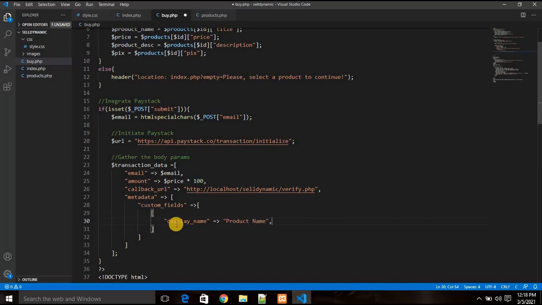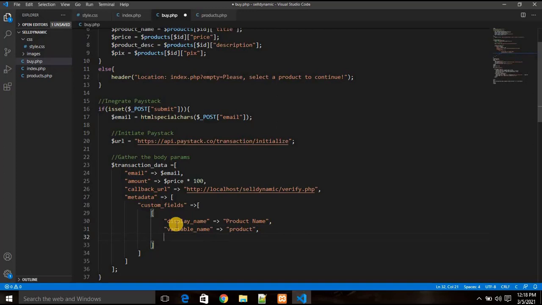and I'm going to introduce a comma, and the next one is going to be, let's go ahead and call the next one. The next one is really called, I'm not the one choosing what it's called right now. This is what Paystack really sets for us. So this was called a variable_name within Paystack, and we can go ahead and set that to be equal to something like let's go ahead and call that product like that, then introduce a comma,